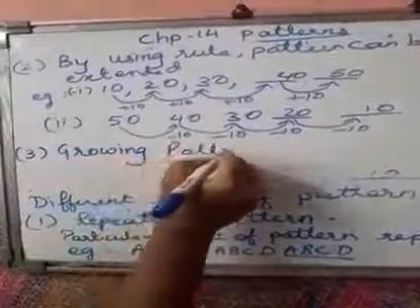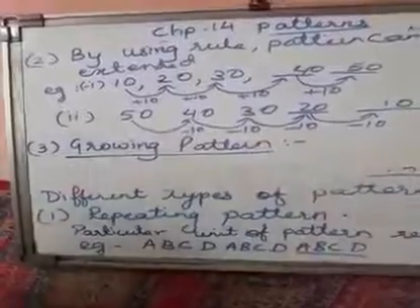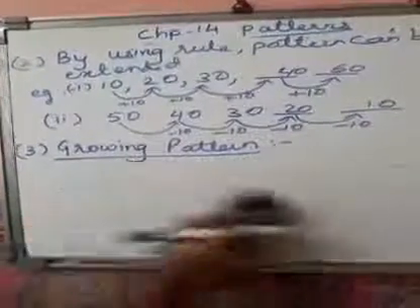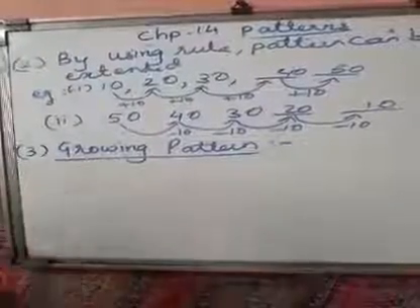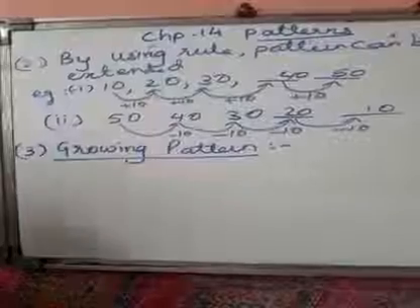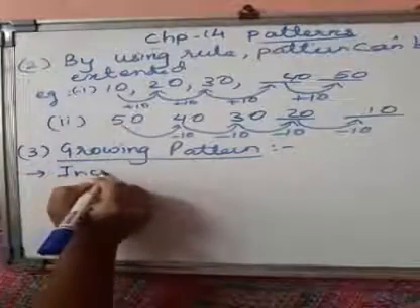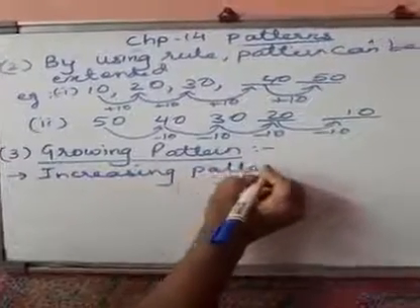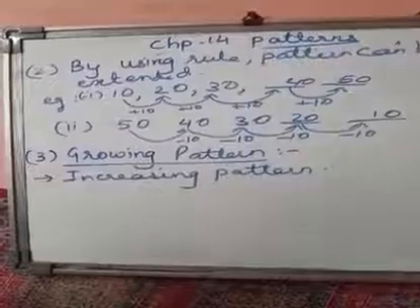Now what is this growing pattern? This growing pattern, it is used mostly in design. When we form a number pattern, when we form a letter pattern, when we form a pyramid. Okay. So let us see. Now what is this growing pattern? Now in this you can see it grows. In this pattern, the growing pattern itself is nothing but the increasing pattern. Now see how is that increasing pattern. It can be applicable for numbers. It can be applicable for designs.